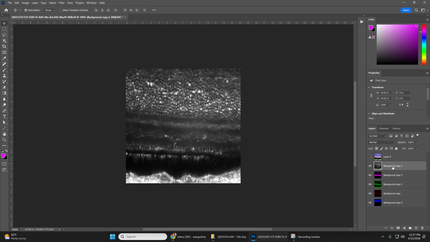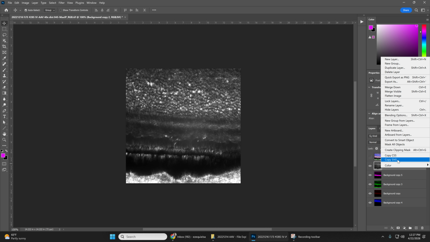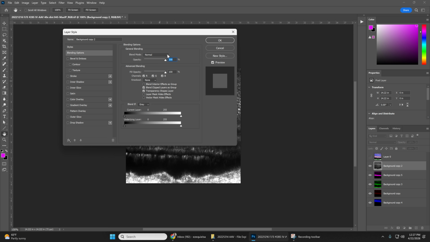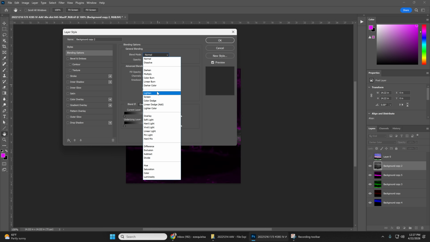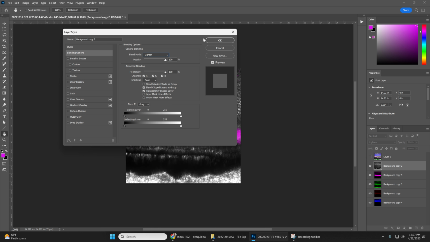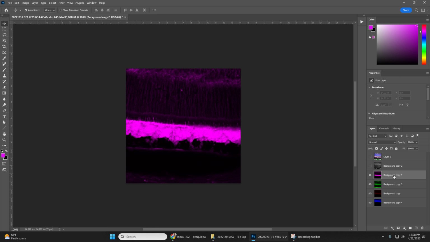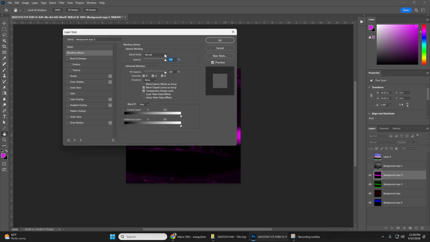So what we wanted to do now is to come here and go to the blending options. I have another shortcut here, which is Shift Control X. Whenever you press here for the DIC, we wanted to do lighten blending. Then for the purple, we are going to do the same. I'm using the shortcut now.